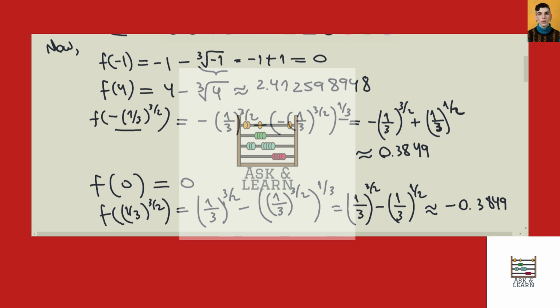So from these 5 values, we have to find the maximum and the minimum values of